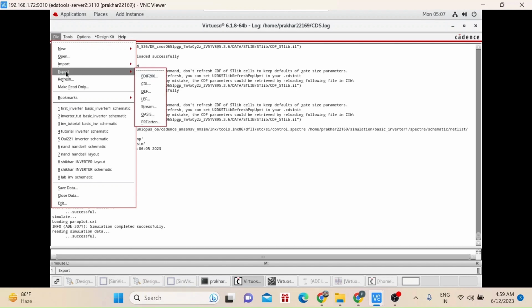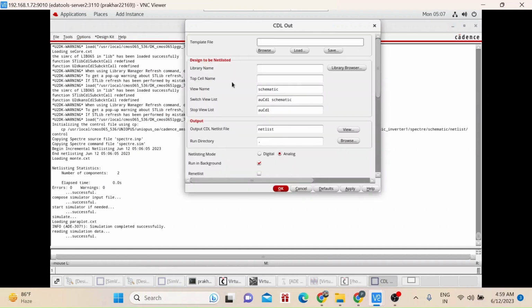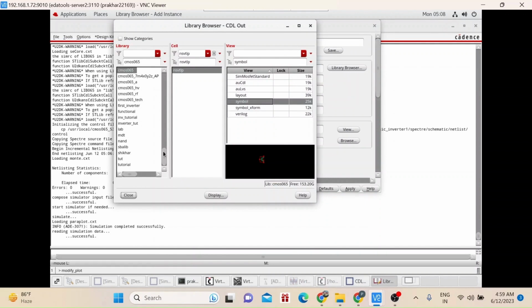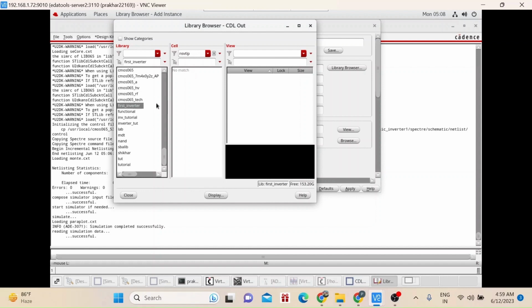Go in File, Export, CDL. Here just browse the library, search your library, first inverter. Okay, just cross it here. So basic inverter 1 is the cell and the schematic, then close it.